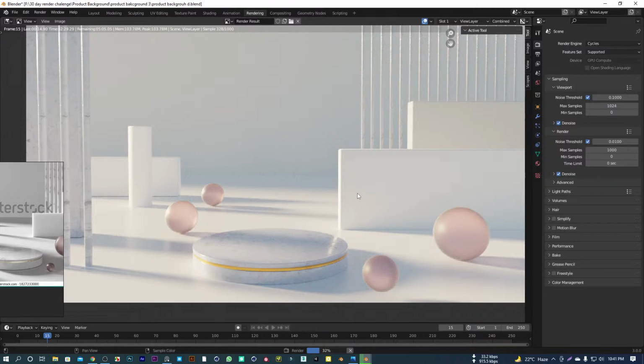Then just, what is a beauty pass. So I'm going to connect this, then AO, then noisy image, albedo, then edit input. This call